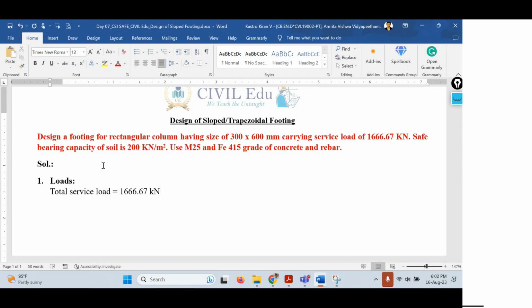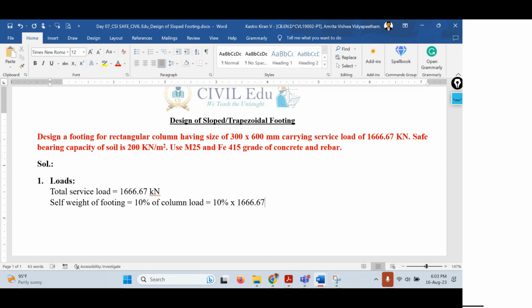And how to find out the self weight of the footing? Self weight of footing equals 10% of column load. So what is 10% of column load? How much is the column load? Column load is